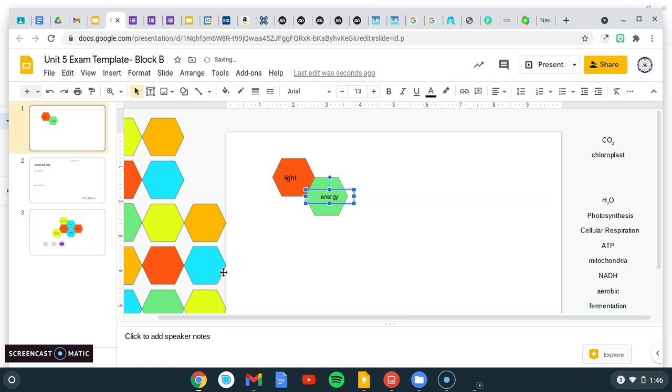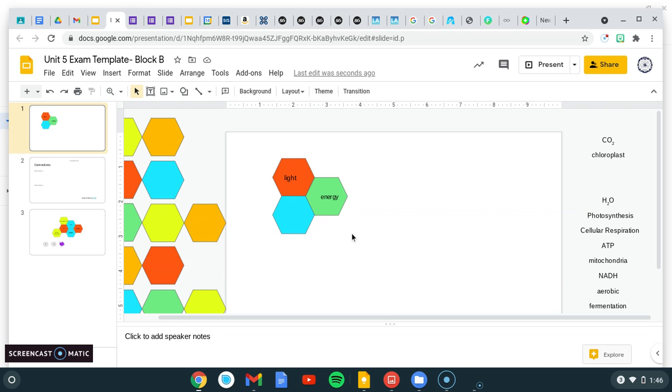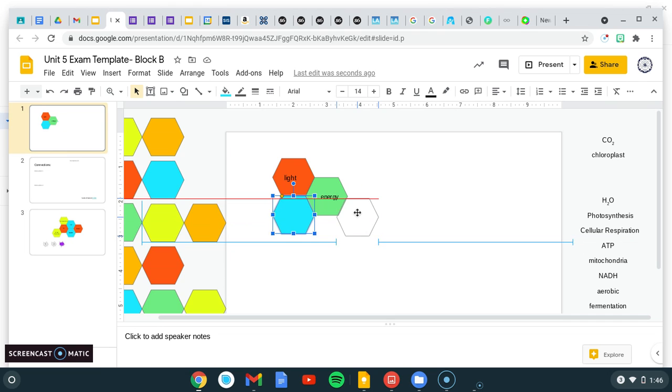Now, if I put another hexagon here, like this blue one, whatever I put here needs to connect to light and energy. So basically, if the hexagons are touching, that means that those terms are connected. If I move it over here, then I'm just saying it's connected to energy. But the goal is for you to find lots of different connections